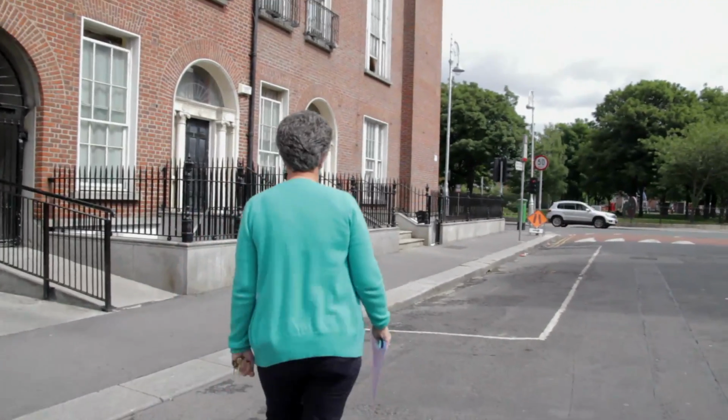So here we are on the southwest corner of the square. There are 69 houses in total on the square, of which 47 of the original houses survive. And there was a big conservation battle fought here in the 60s and the 70s, because in the early 60s,